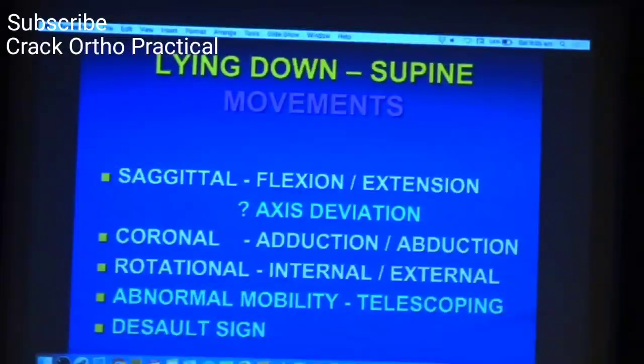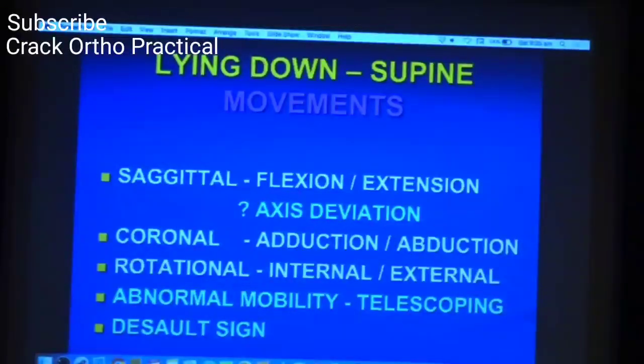The stage is now set for assessing movements in the hip joint because you have already defined the extent of deformity. So as far as the sagittal plane movements are concerned, that means flexion or extension, after delineating the amount of flexion deformity like we demonstrated yesterday, you can do some further flexion to see what is the arc of motion. So if a patient has 30 degrees of fixed flexion deformity and a further 100 degrees of movement is possible, you will say the range of flexion is from 30 degrees to 100 degrees.